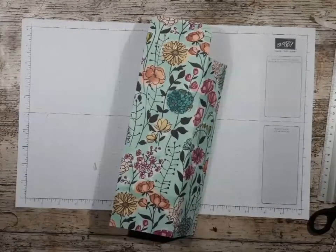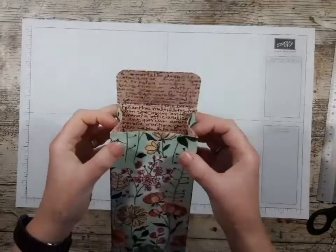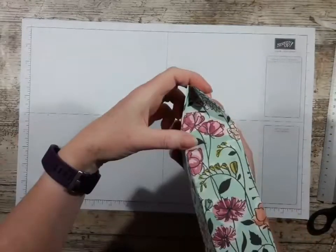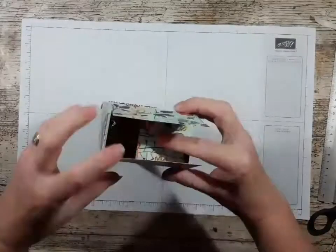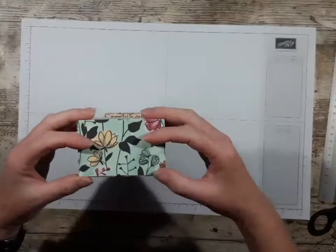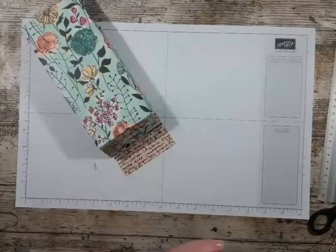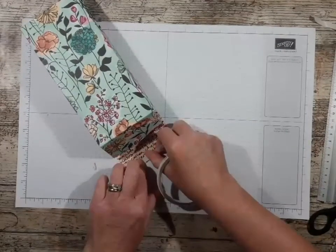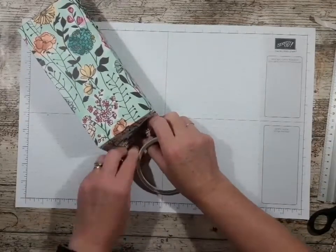Such a mess here. Sorry about that. So you'll see that what happens is that will score in, just helps it fold in a little bit. So I'm going to quickly put those in. We've obviously got the back and then the front down there. So we need some glue on here. Put 2 or 3 layers on there,